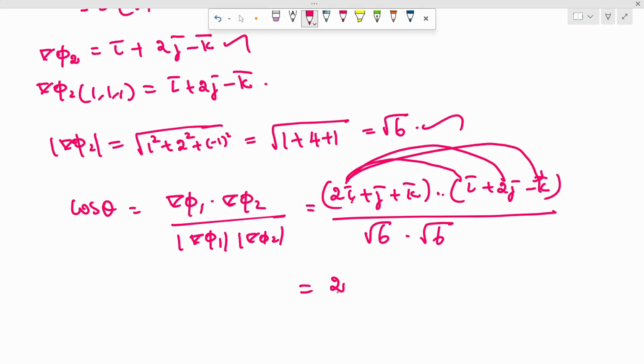That's why we are getting only 2 here. In the second term also, multiply j with each term. J into I will be 0, j into 2j will be 2, and j into minus k will be 0 because j dot k is 0. And then multiply with k: k dot I is 0, k dot 2j is 0, k dot k is only 1, so we get minus 1. Divided by root 6 into root 6, which is